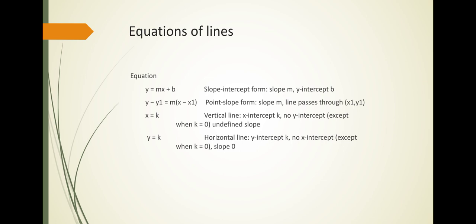And x equals k forms a vertical line, where x becomes constant, x equals some constant point. The x-intercept is k, with no y-intercept, except when k equals 0. The slope is undefined. And when y equals some constant, we can call this constant k, this is the y-intercept, a horizontal line. This is for the horizontal line, except when k equals 0. Slope